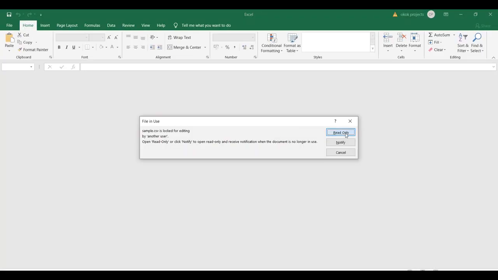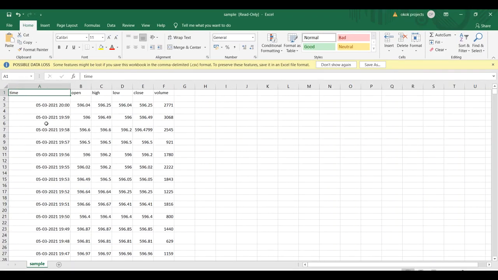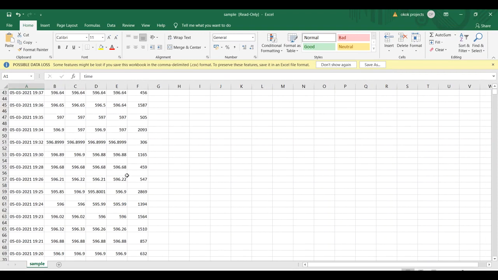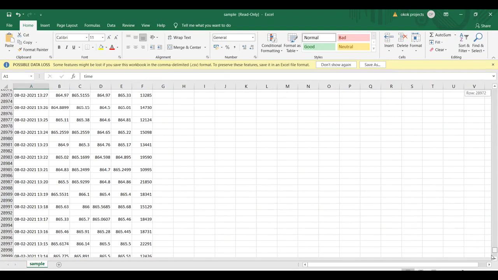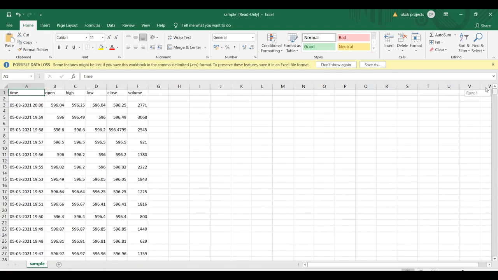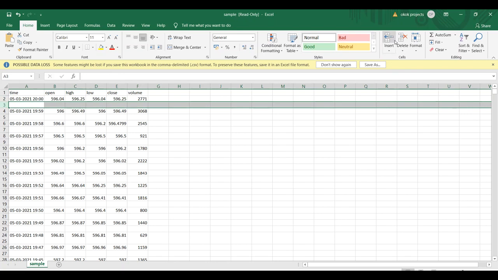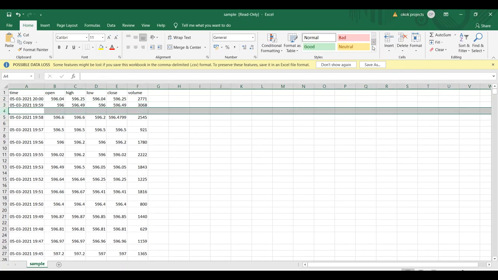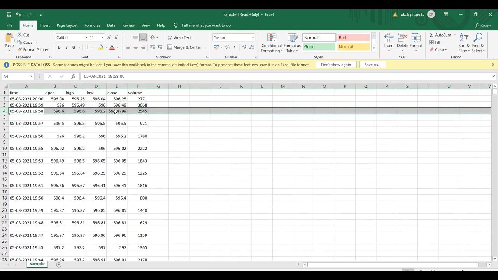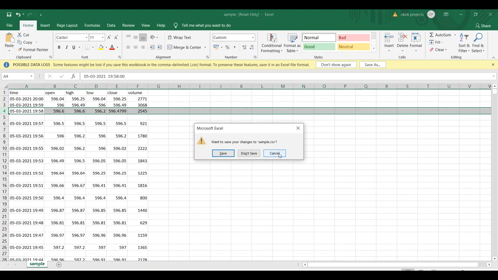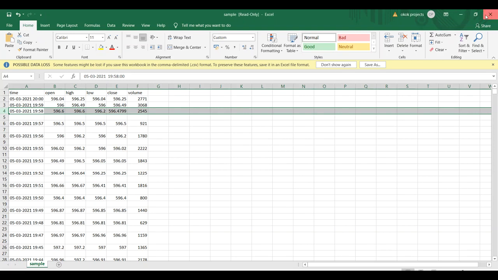By using that sample.csv file, we have the option to see all these values. These are all the data set. Nearly this much data set I'm getting, and this real-time data set we have the option to download. Once it is downloaded, manually we need to remove the unwanted empty files. Then we need to save it with a different name. Okay, once that is over,